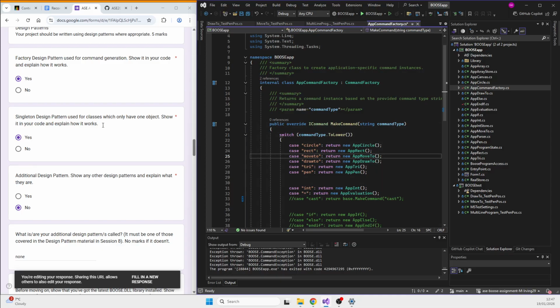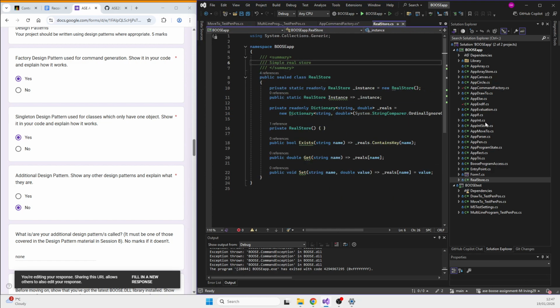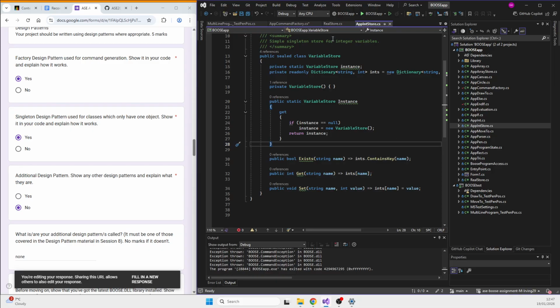Pretty much. Singleton. So I have two, I guess. They're not very polished or anything, but I kept these two.